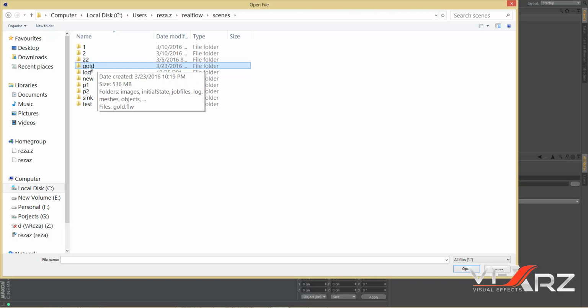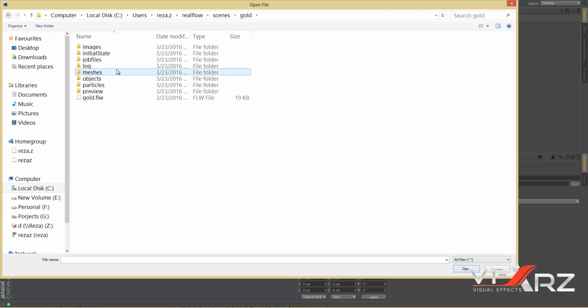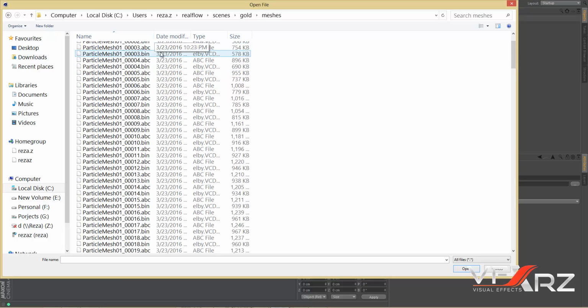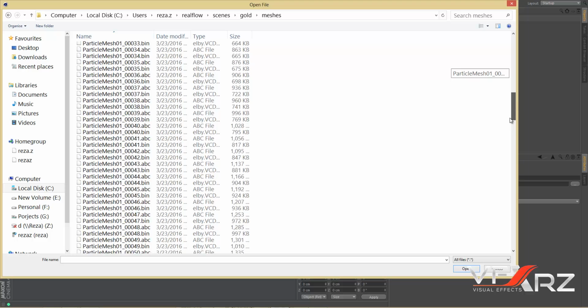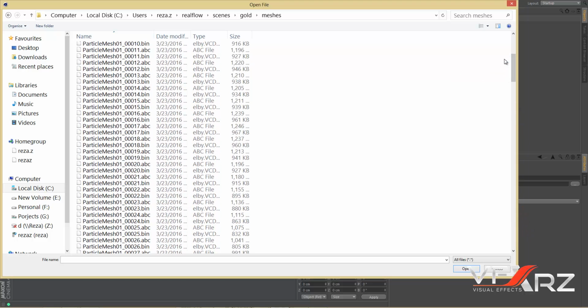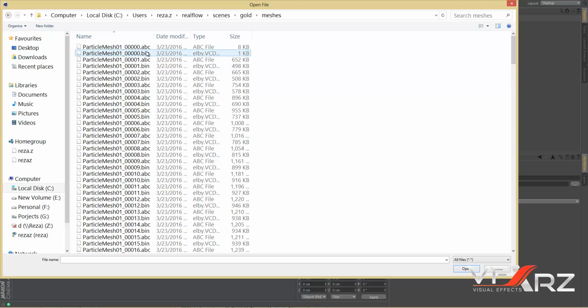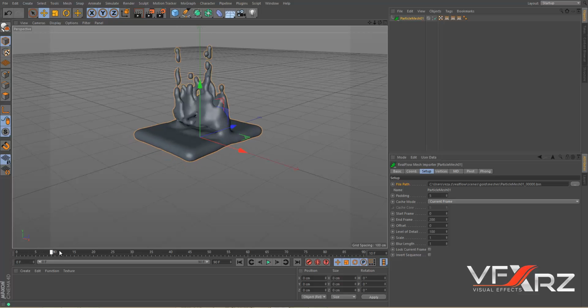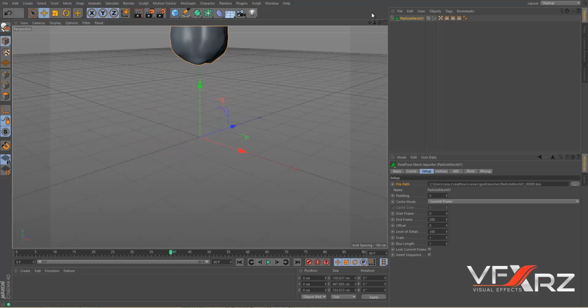For example, here this is my gold folder, and in meshes, as you can see, we have these files. You should select particle mesh dot bin. Okay, click that, and now when you change this indicator,